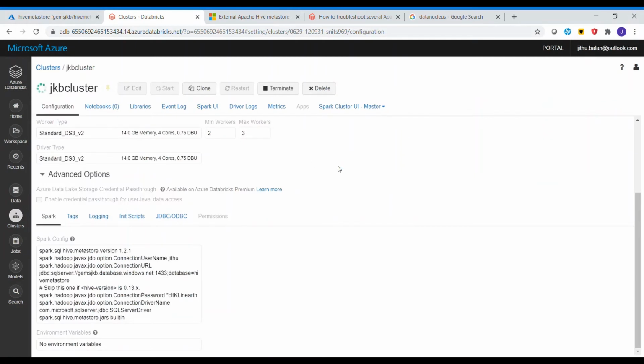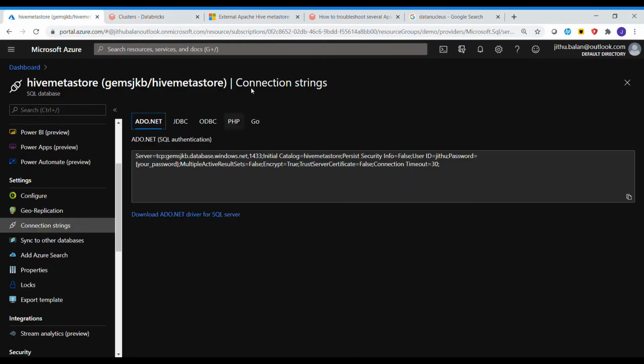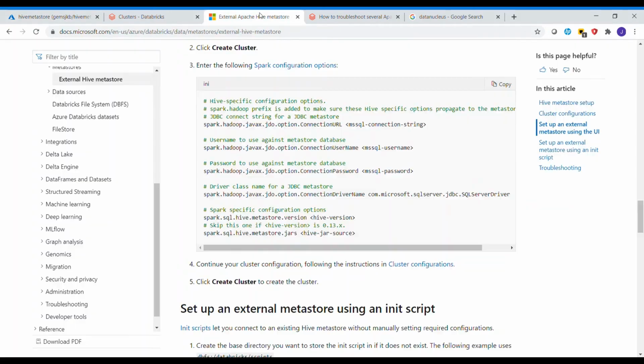Okay. So the issue was in the configuration connection manager. Here I was giving a comma instead of a colon, right? So if you go back to the Hive metastore connection from the SQL server, you can find that as per their Microsoft